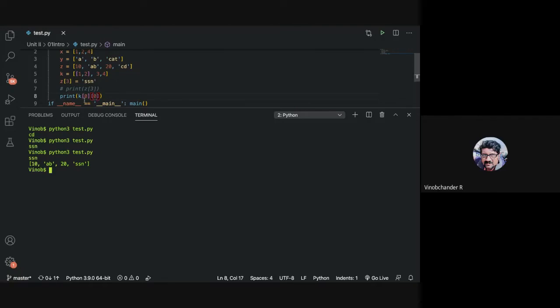So this is your 0th row and your 0th column.